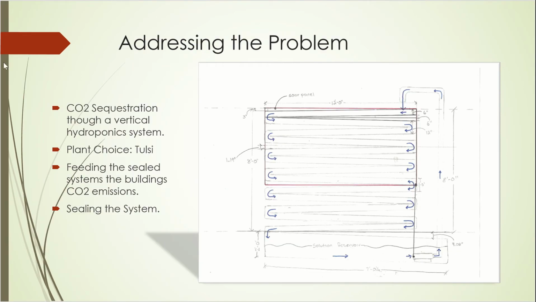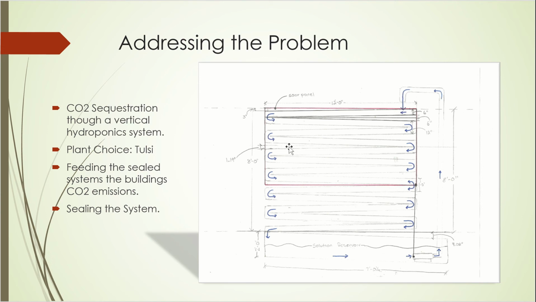So how do we address the problem? Essentially, like I said, the plants will consume any CO2 that is in the environment, in the enclosed system, and release oxygen. We will pump the building's CO2 into the tanks, right? This will be an enclosed system that we can put in between walls, as you'll see in the next slide, that will allow us to reduce the levels of CO2. The plant of choice is the Tulsi, as it is a very good plant to consume CO2 and expel oxygen,